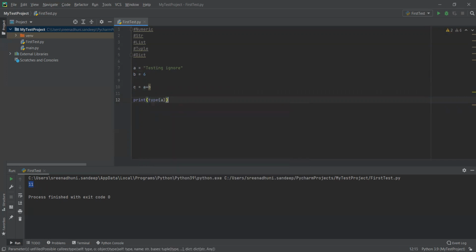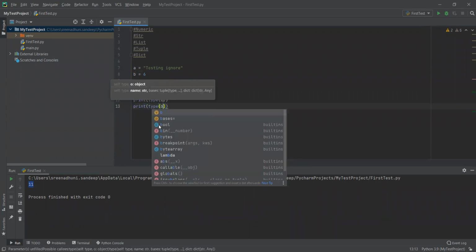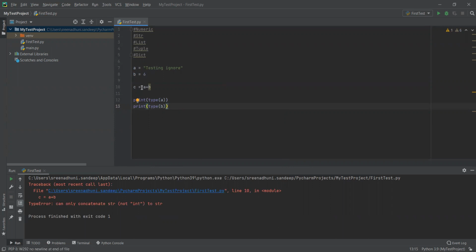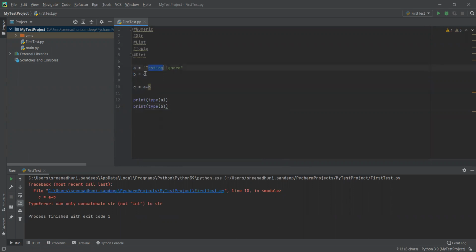And similarly, if you want to know which type it is, just provide type of a, and simply print type of b, so we'll get which type it is. Let's execute this program. Oops, see, this is not possible. This addition is not possible because this is a string and this is an integer.